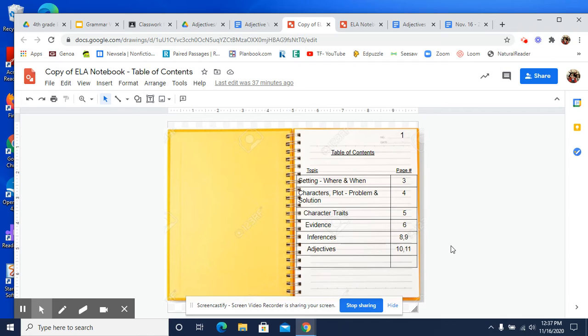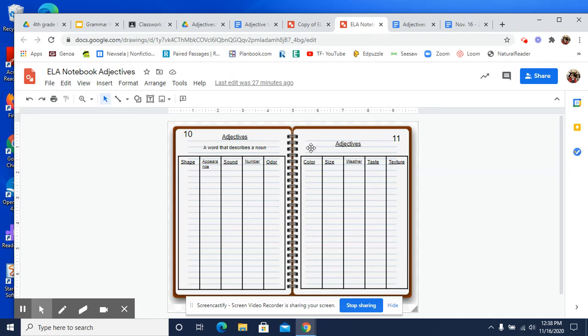Okay, so hopefully you have done that. And hopefully you have printed off those pages. If you have not printed off those pages from Google Classroom, please do that now and pause me again and print those off so that we can complete our ELA notebook together. Okay, so you should have